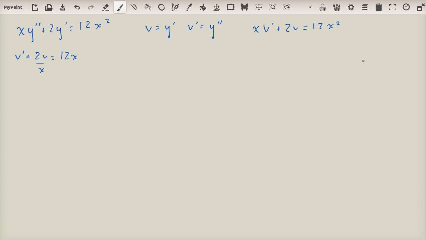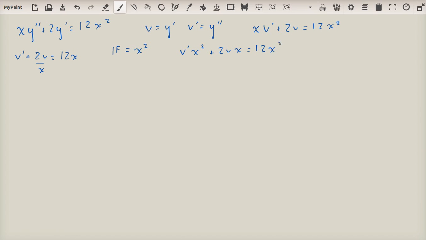So now that we have that, we're able to take our integrating factor, and our integrating factor in this case is equal to x squared. If you're not sure how I got that, please make sure you check out the video on solving linear first order differential equations. So we've got an integrating factor of x squared. We're going to multiply that by the main function. So x squared v prime plus 2vx is equal to